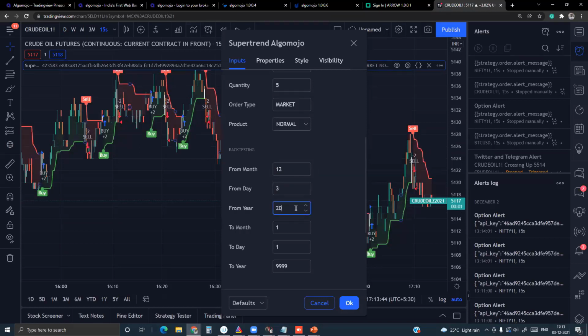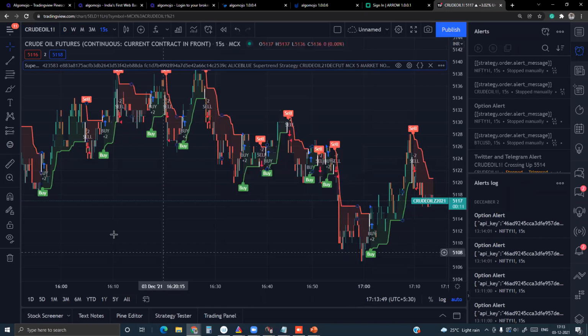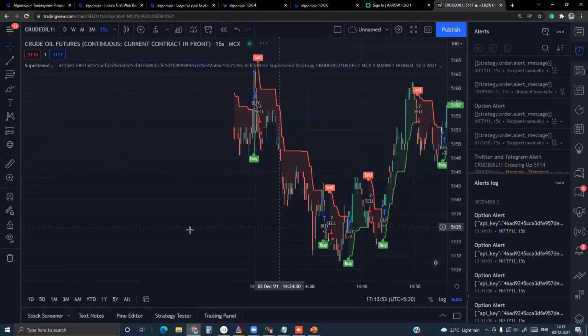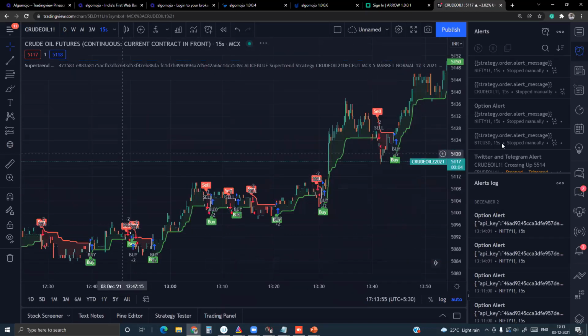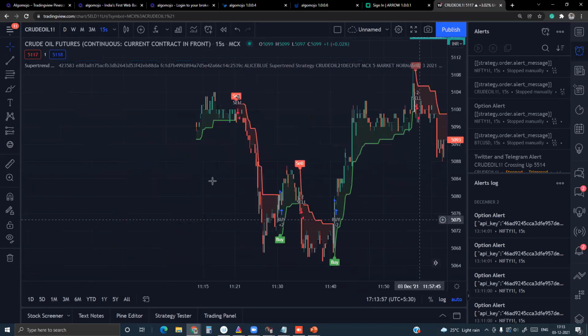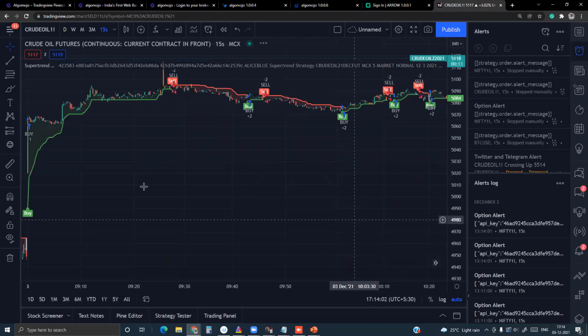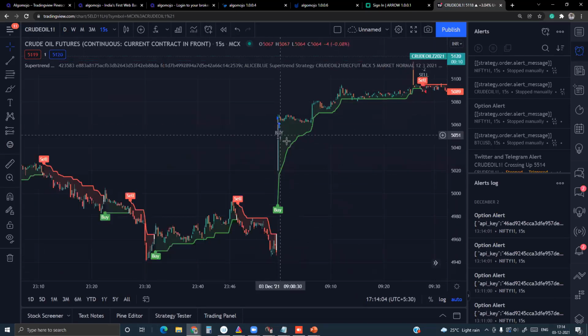The year is 2021. And what you might be seeing here is, if you go to the day start, you could see something very interesting. Signals will start only from day one, the buy-sell indications. You can see the very first signal of the day. Let's say I'm starting today, the first signal will always be +1. That means it is sending one time of the quantity. That means it will always transmit 5 times the quantity. 5 lots will get transmitted.